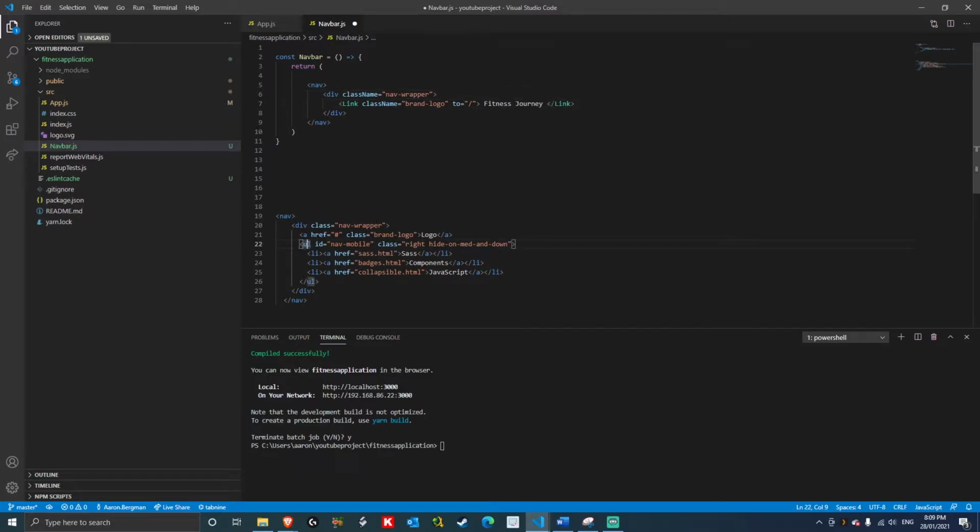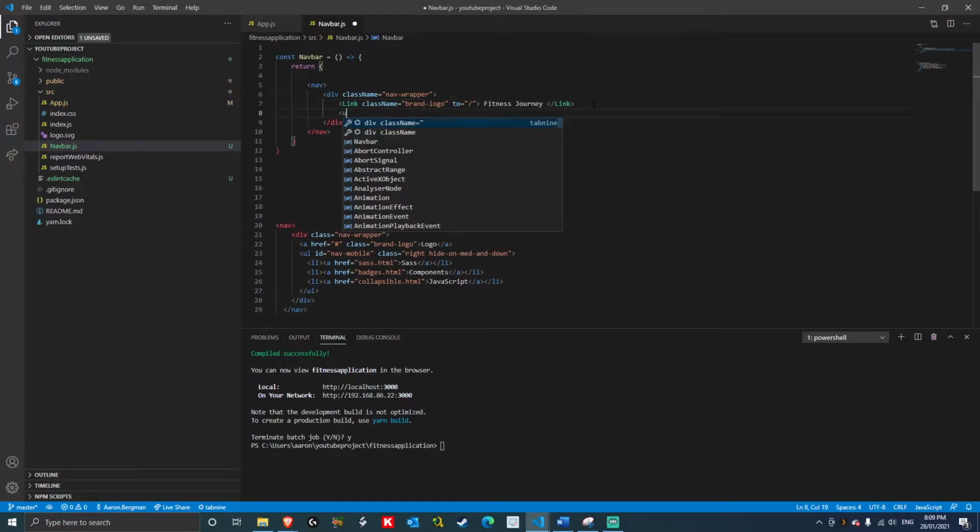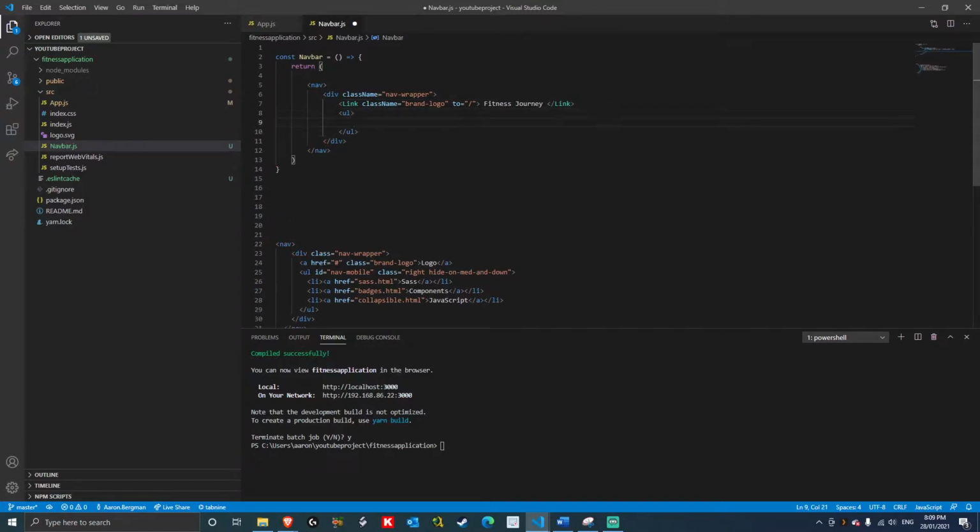So yep, that looks good. Underneath the a tag, we have a list. So UL. Yep. It looks like it has an ID as well, so nav mobile. That's fine. And it also has a class name of right and hide on mid